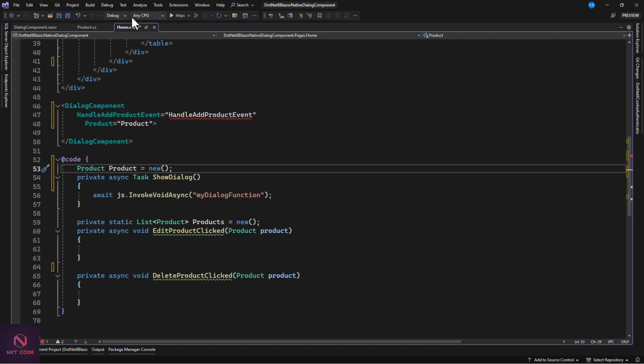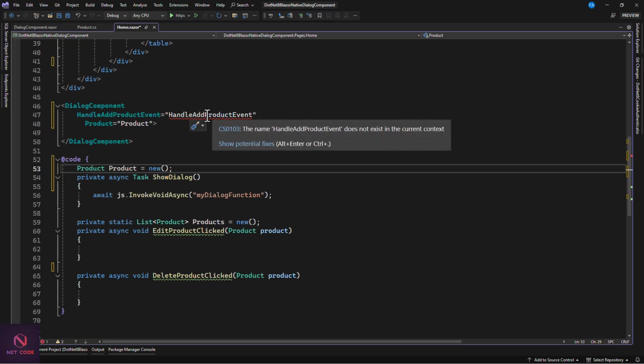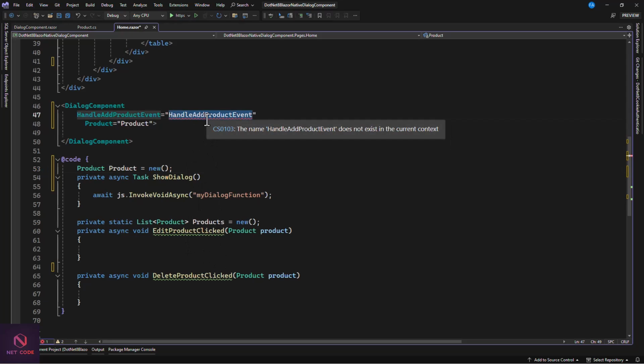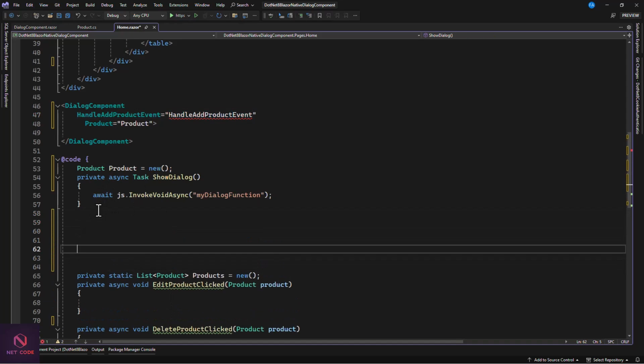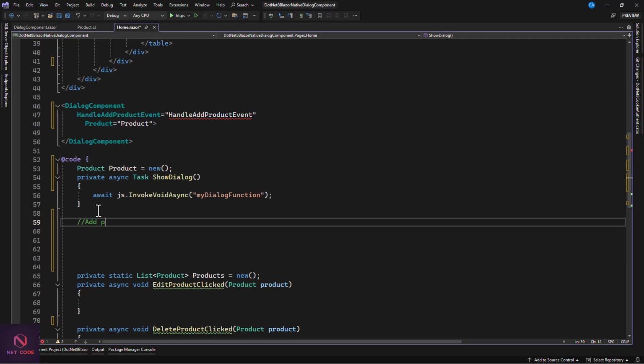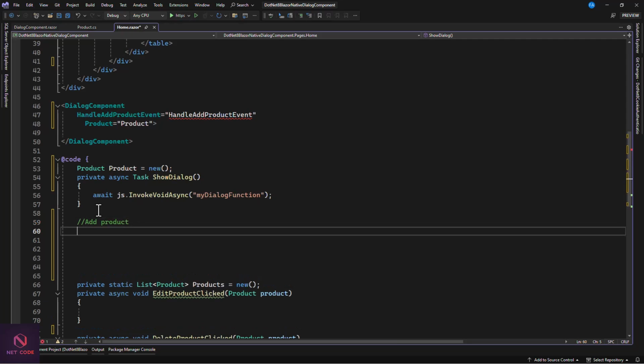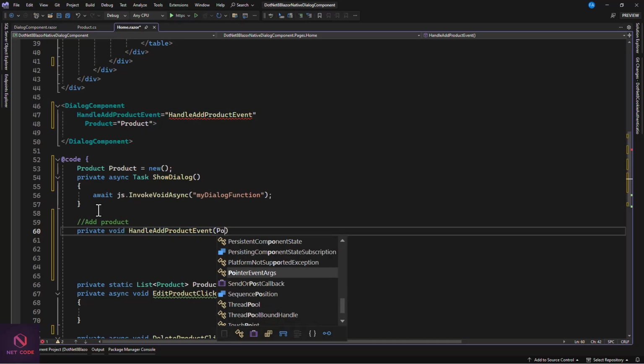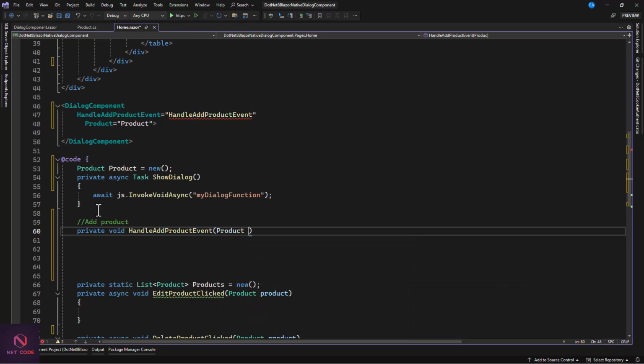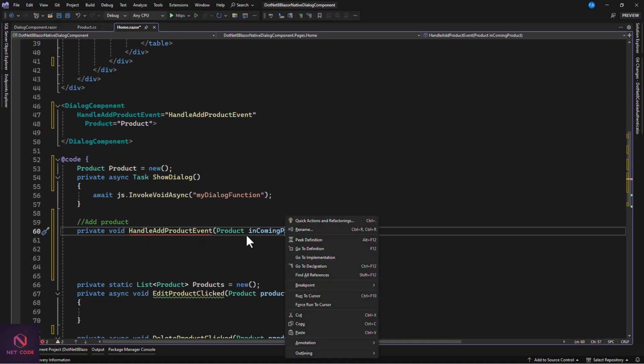And in our method, there is a home. So in our method, if I click on this, I have a method that I need to call up for, this for the add and edit. So here, that's going to be for add product. So let's have a method known as private void. Let's paste this, and it is coming in with a model. So product, and we say it's the same product or incoming product. Okay. So with this incoming product that we have,